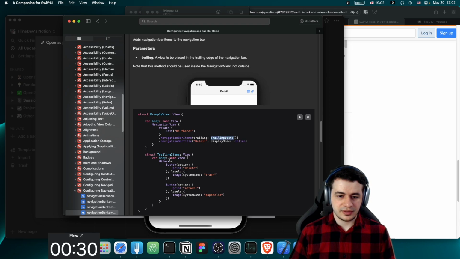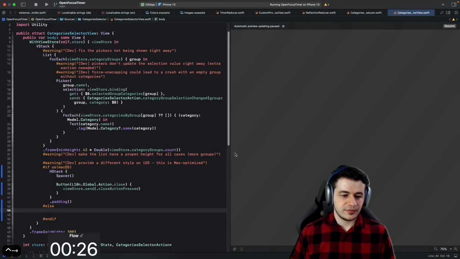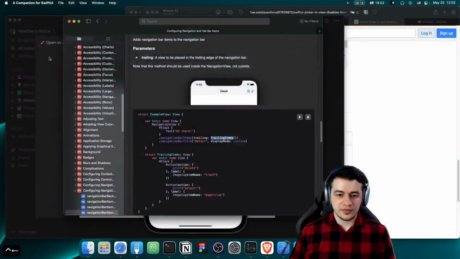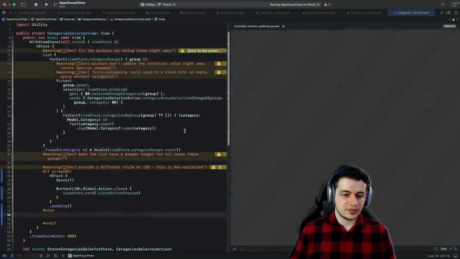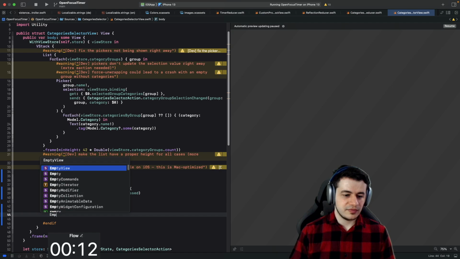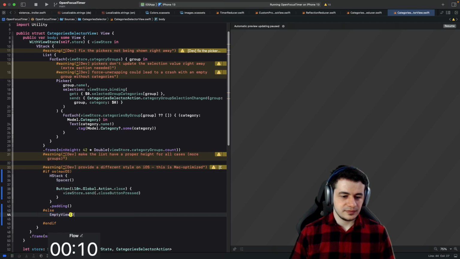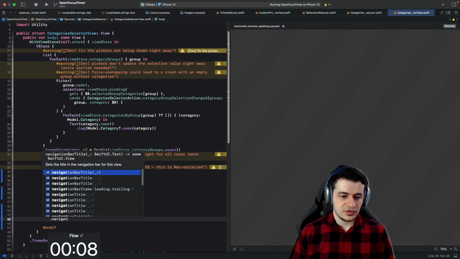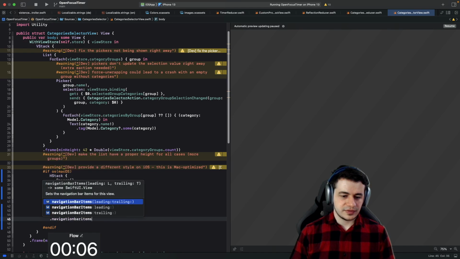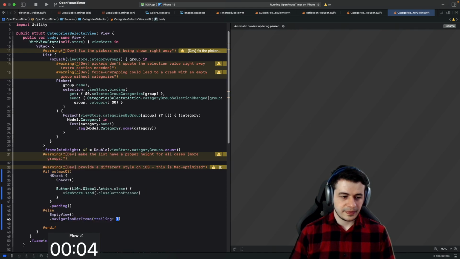Trailing items and just an HStack with buttons in here. I think it's something similar. But they're doing it inside the navigation bar somewhere random. So we could just say empty view dot navigation bar items trailing, and